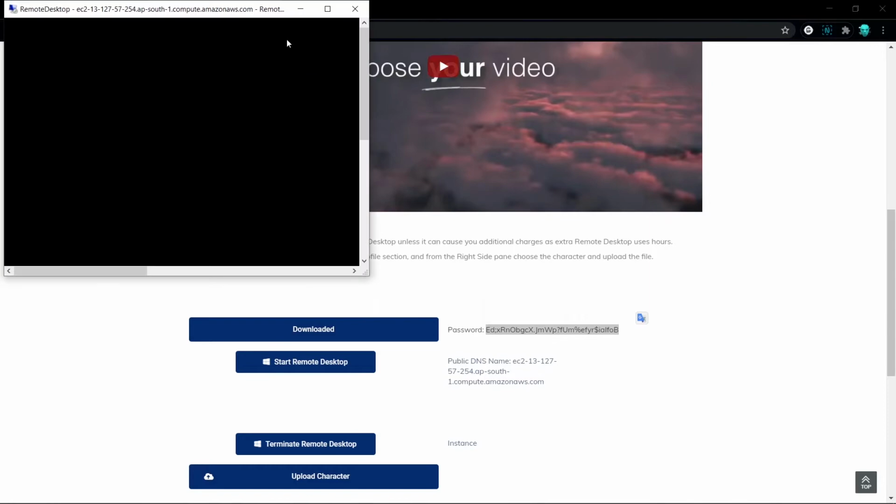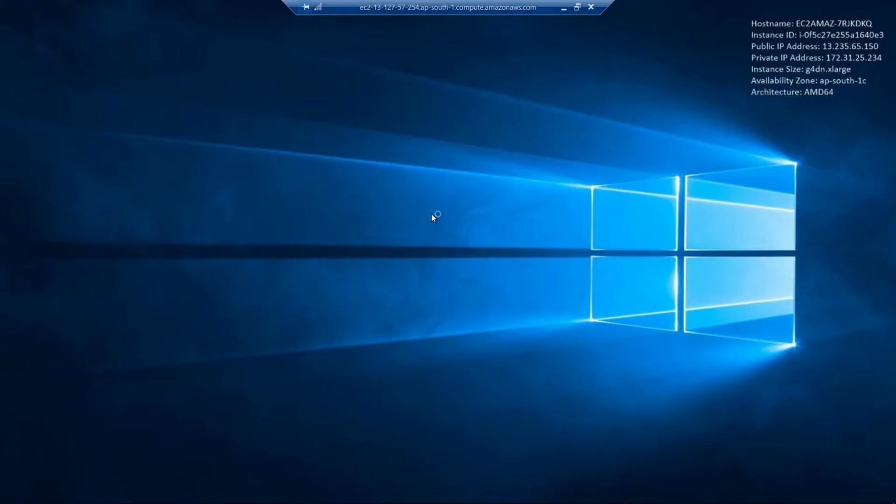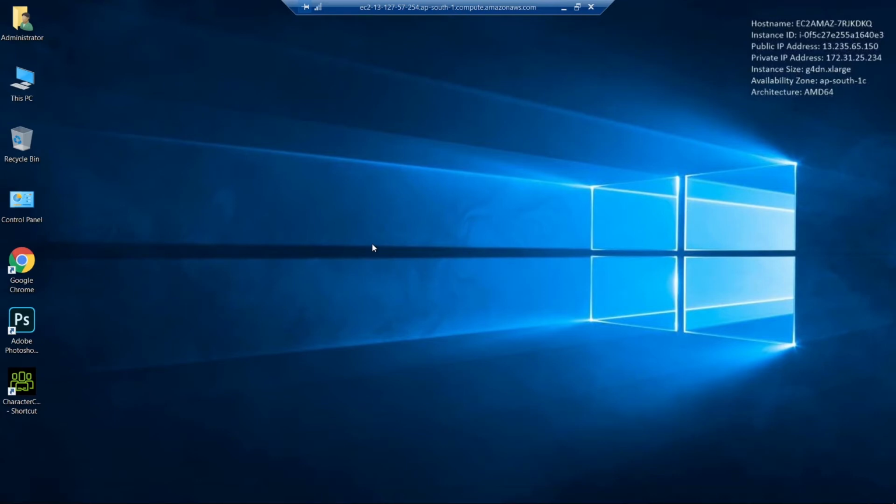And we are connected. We are connected to the remote desktop. So this is the remote desktop starting. You can have a look there that this is a remote desktop. This is a different window, and this is the remote desktop. It's starting as an administrator, and you're logging in to a remote Windows window. Okay. Let's log in, and first of all we'll show you the properties of this window.